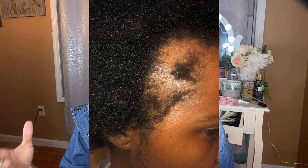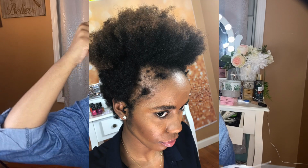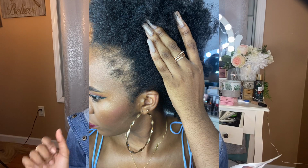So one of the notes I wanted to read for you guys from the paper: they say this follicle stimulant was created to enhance the development of areas of hair that are most difficult to grow, you and me. It can be used on bald spots, like when you have alopecia that is very round, like circles, tiny edges, and for overall hair growth. Tiny edges, me and you, darling. This product is safe for women, men, and children to re-energize